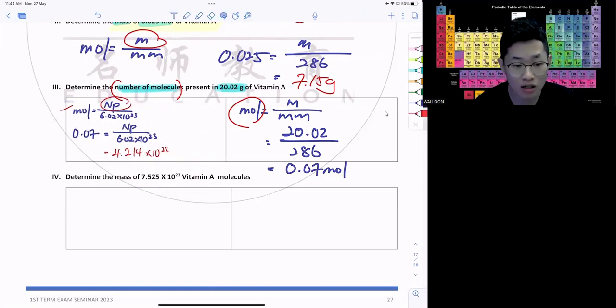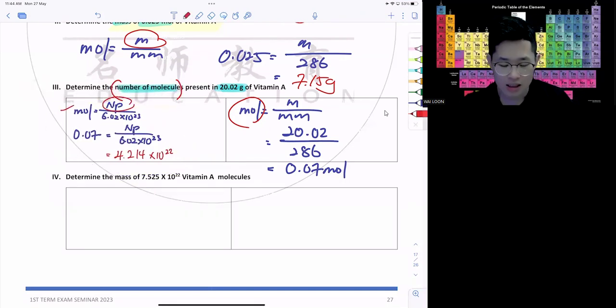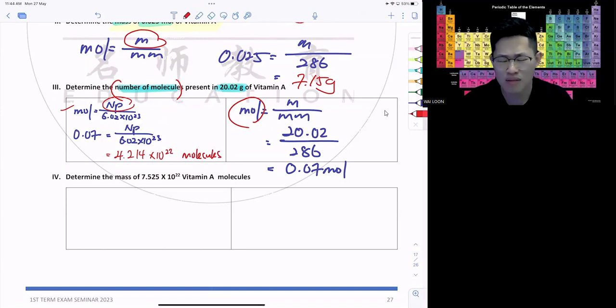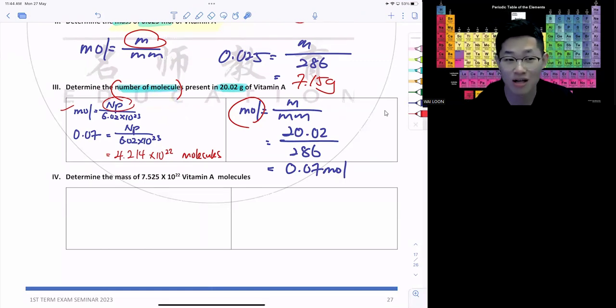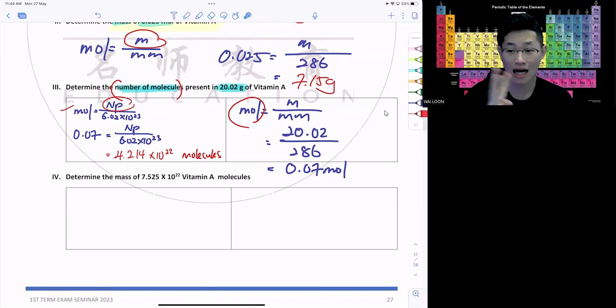Particle can be atom, molecule, or ion. In this case, I know most of the students will write molecules. When asked why, what makes you think that it's molecule, they will say the question already mentioned molecule, so you just write molecule. That's not the correct way, guys. Because I can always change it to atoms. You can't just say, because they want me to find atom, then I put atom. That's not how you